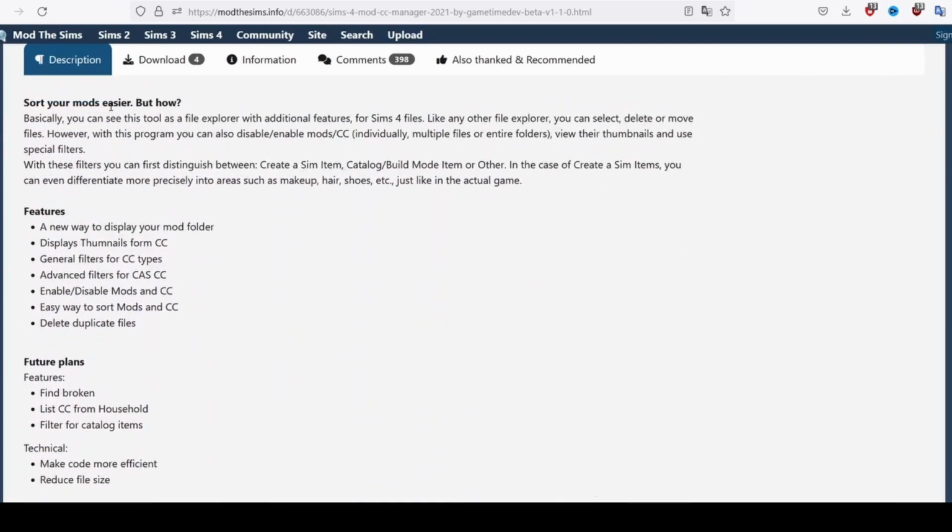Sort your mods easier, but how? Basically, you can see this tool as a file explorer with additional features for Sims 4 files. Like any other file explorer, you can select, delete, or move files. However, with this program, you can also disable and enable mods, CC, individual or multiple files, or entire folders with their thumbnails